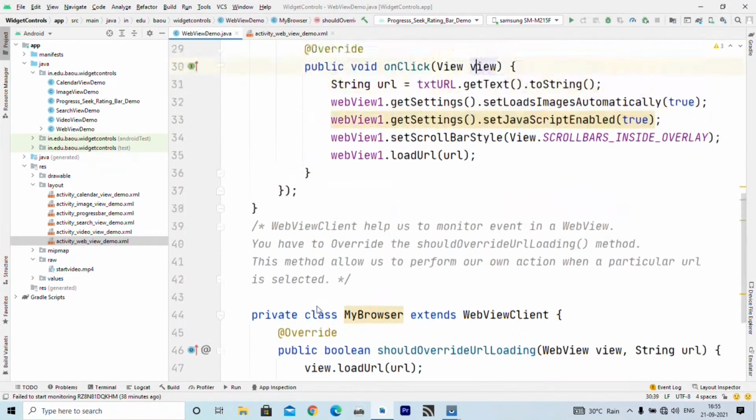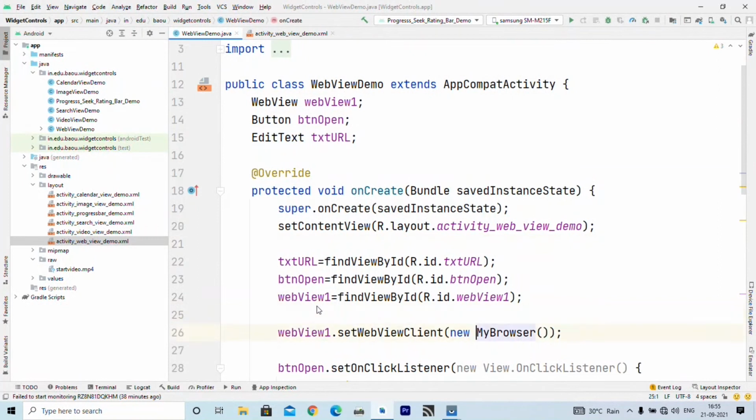So this line of code is required to open some remote page into your WebView.